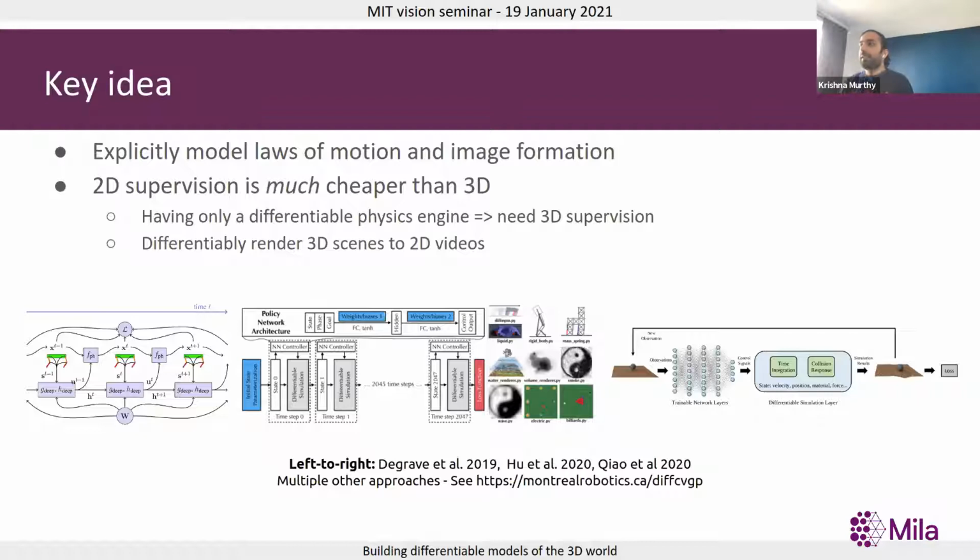So the key idea of the GradSim project is to explicitly model image formation and dynamics. There's plenty of work that tries to estimate physical properties from video using some form of supervised learning, with a model-free approximator like a ConvNet or an LSTM that, given an input video, predicts what the properties are. Our idea was, can we actually bake in priors about how the dynamics of a scene evolve and about how the image itself is formed?